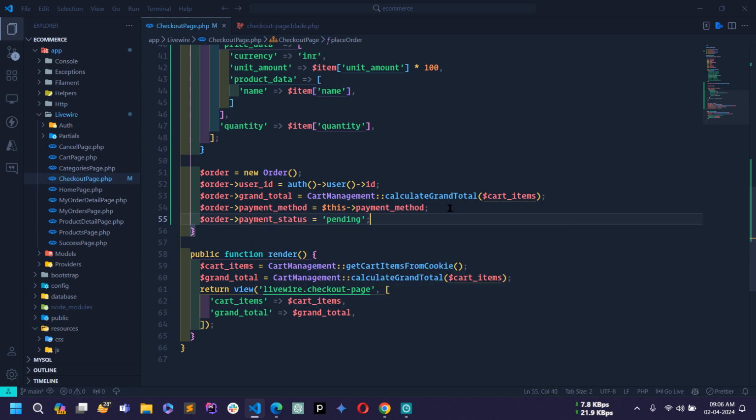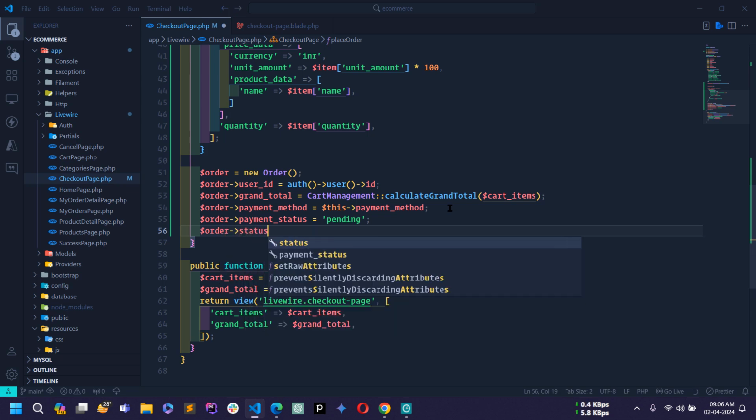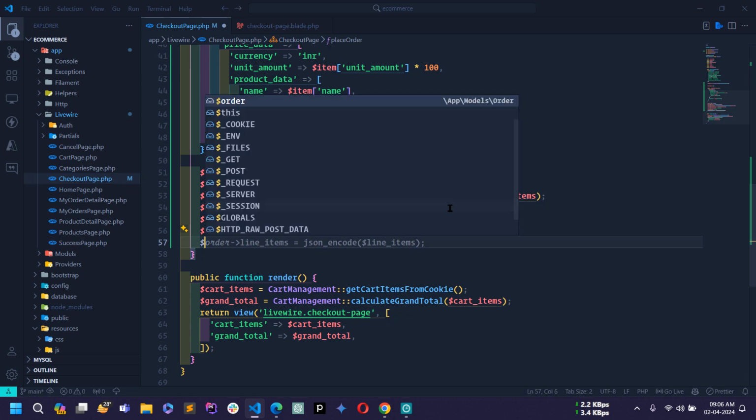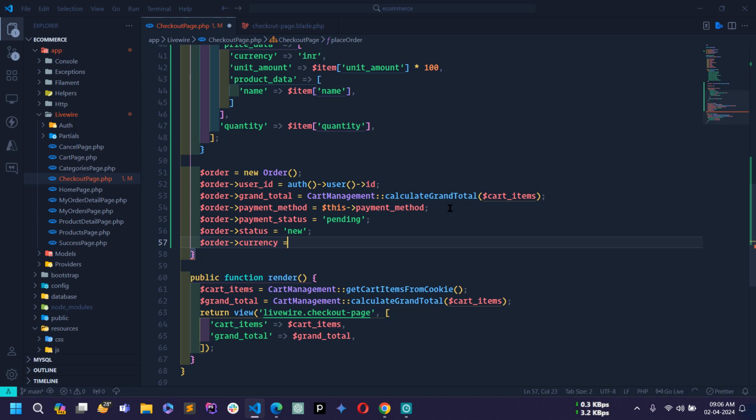So from a start I will make the payment status pending, later we will change, okay, according to the condition, okay. Now next I will make the order status is equal to new. So when the first time order is created, then we will keep the order status is equal to new, okay. And then I will also make the order currency is equal to INR,